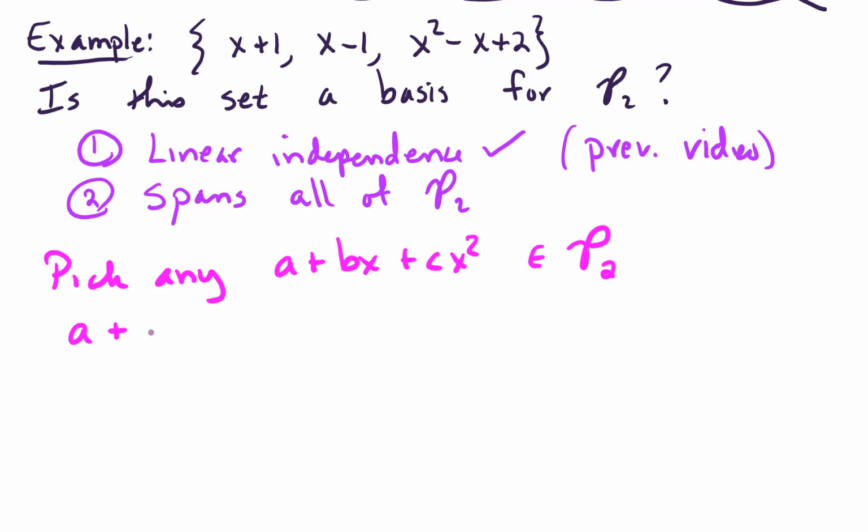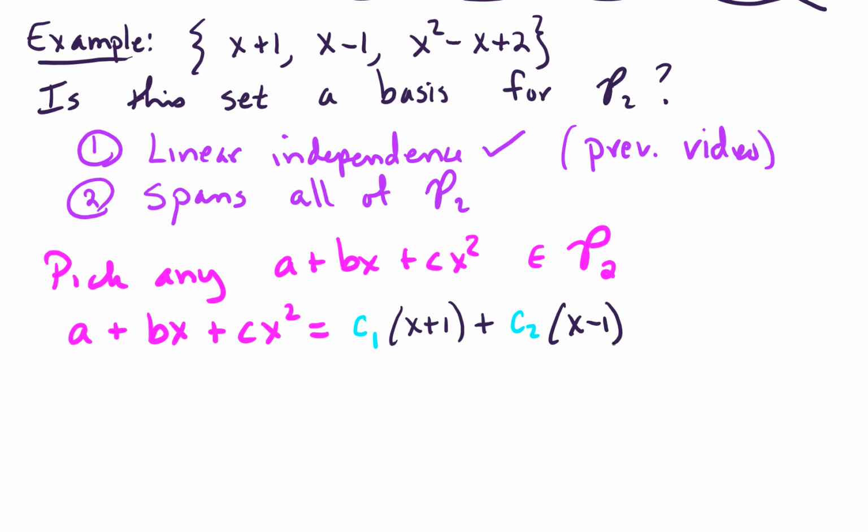And what we want to see is, can we write that polynomial in terms of some c1 times x plus 1 and a c2 times x minus 1 and a c3 times the other element in our set, which was x squared minus x plus 2? Is this possible? Well, one way to approach this is to work on this right-hand side